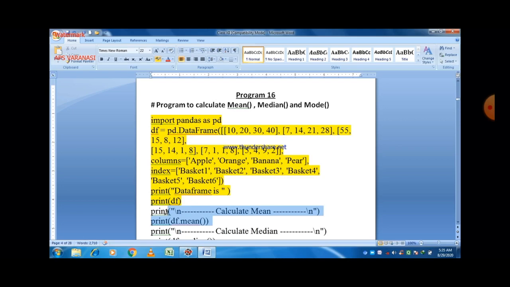After that we write a print statement, which will print the data frame. Till now we have only created a data frame, and the creation of a data frame we already discussed in our previous video.